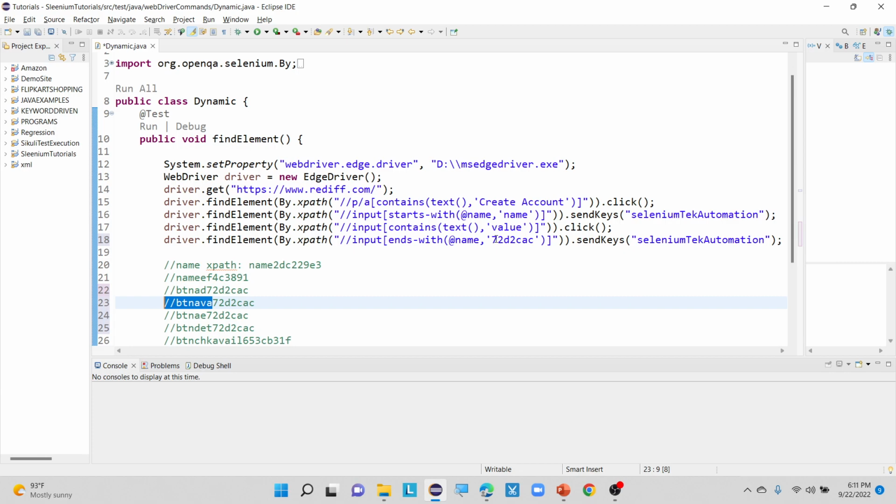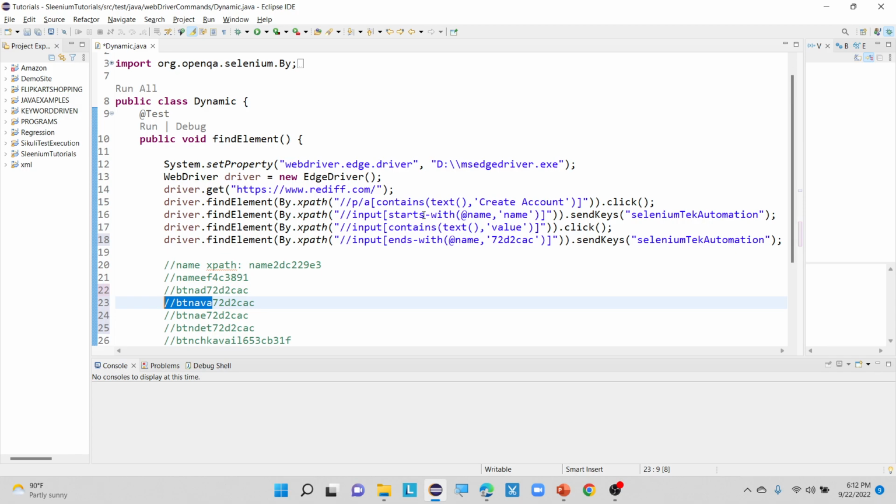So when it will be useful means, when we are dealing with dynamically changing web elements, these three functions are going to play a major role in getting the elements with the correct XPaths. That is the purpose of these three XPath functions, that is starts-with function, ends-with function and contains function. So why are we using these three functions? Some part of the XPath